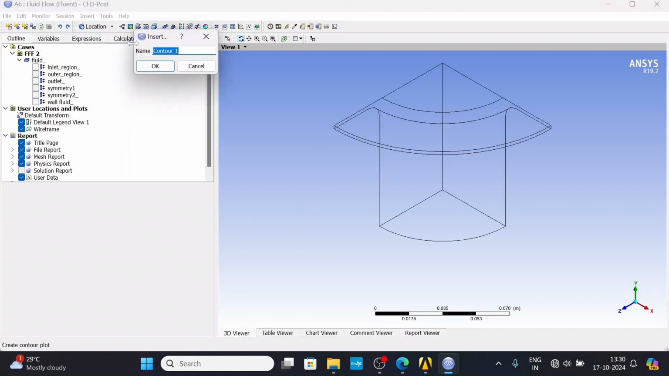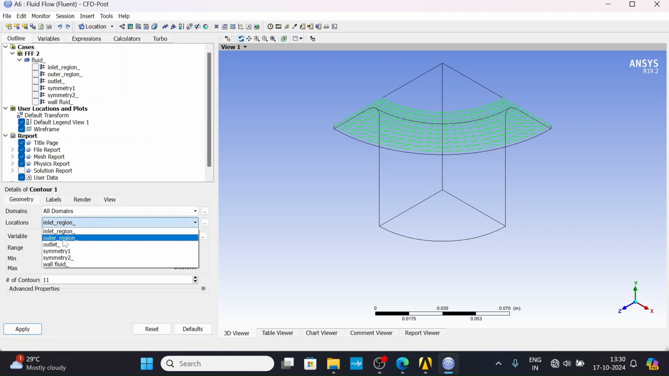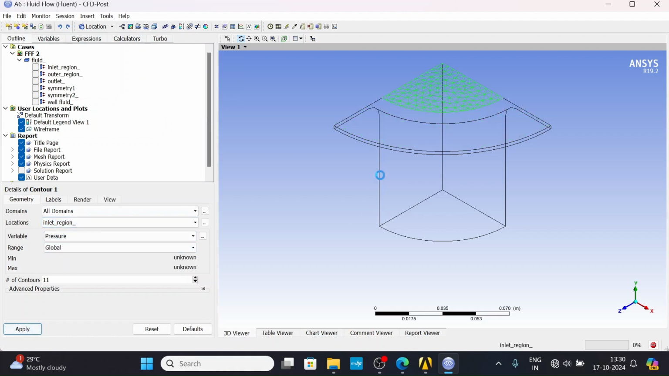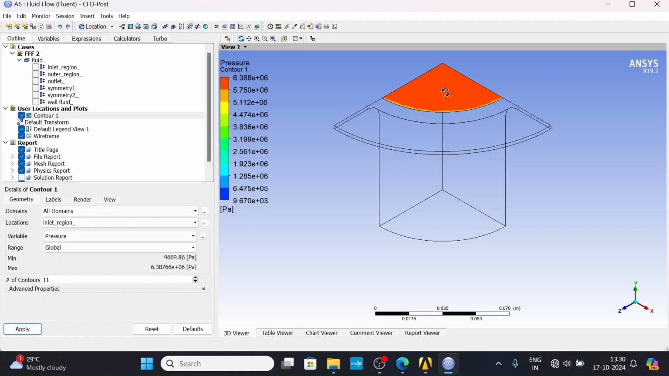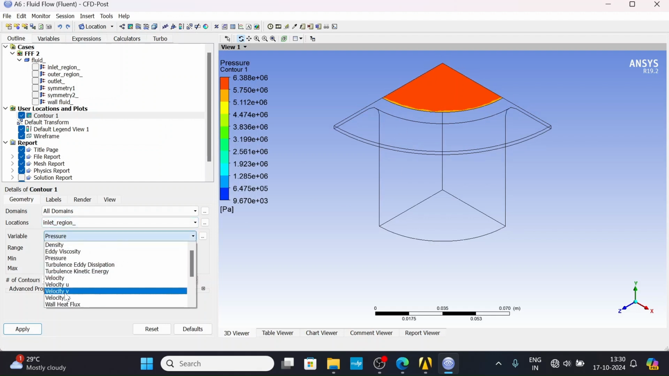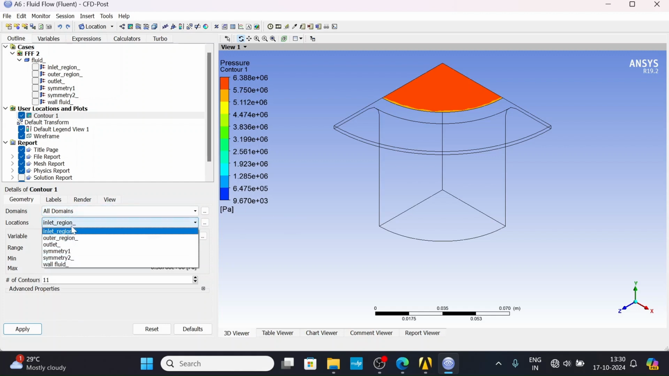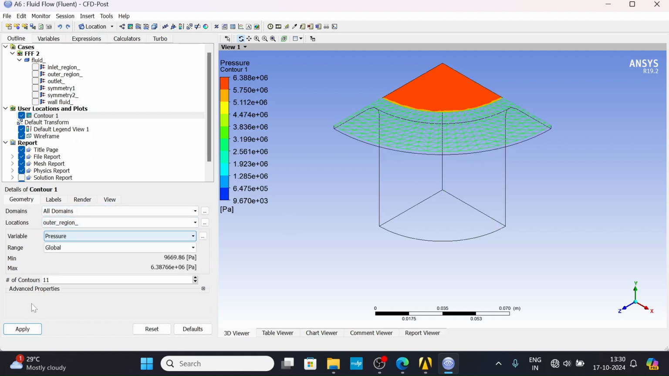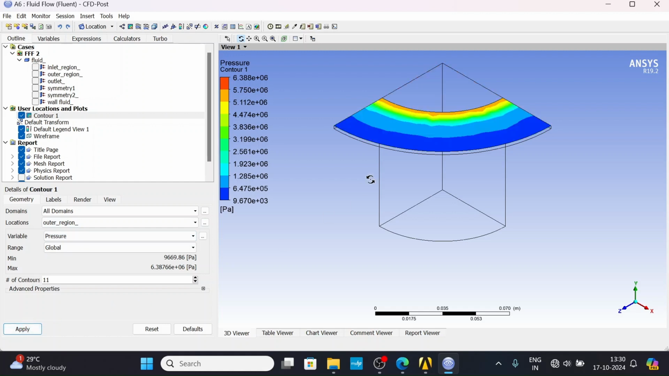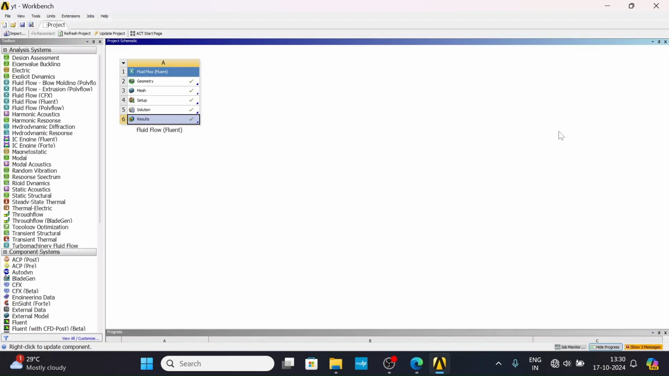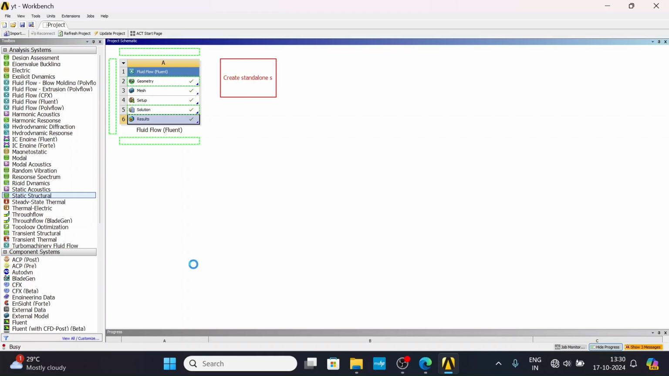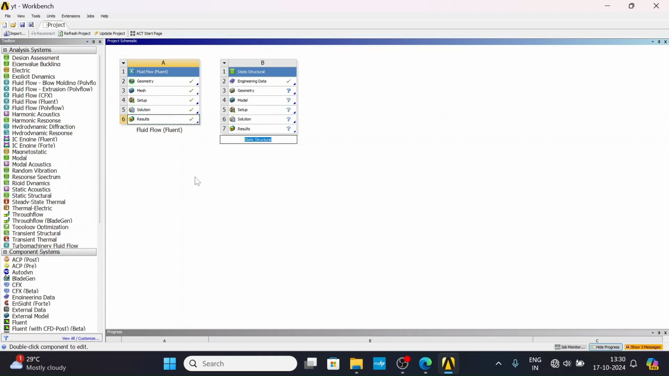Now let's see the result part. Inlet region, pressure. So this is the pressure. This is the pressure at the outer region. We are supposed to import this pressure into the static structural part. So I'll set up